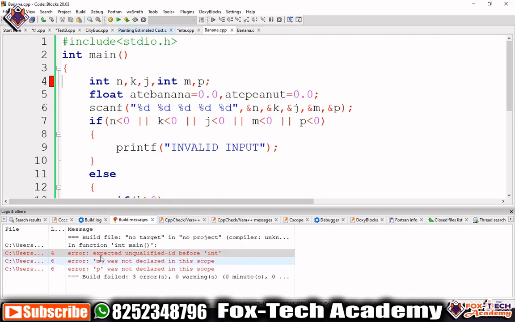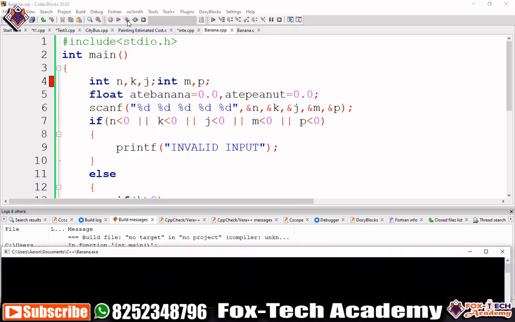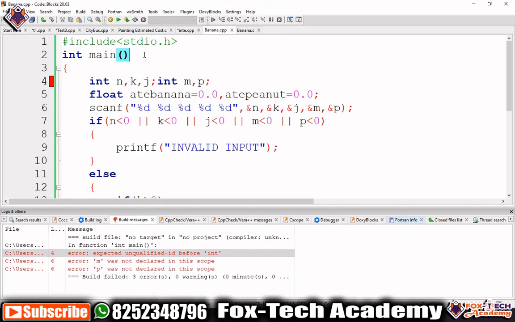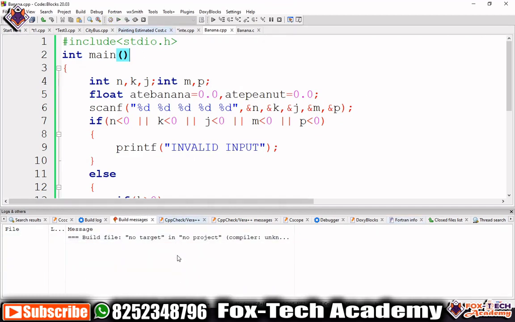You can see that it expected an unqualified id before int, because if we write a semicolon here, the compiler will understand this is a different line and this is a different line. This time we will not get any error. When we run this program, we are not getting an error because the compiler understands this is a different line.